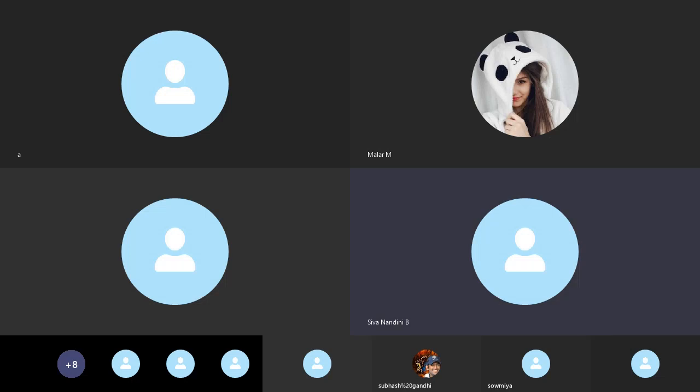Next, we will go on to the topic panning and zooming. Okay, zooming means, I hope you all know what zooming in and zooming out are. In images and all, you will be zooming in to see a specific part of the image in a large size. Zooming out means we'll be seeing the overall image in a small size.